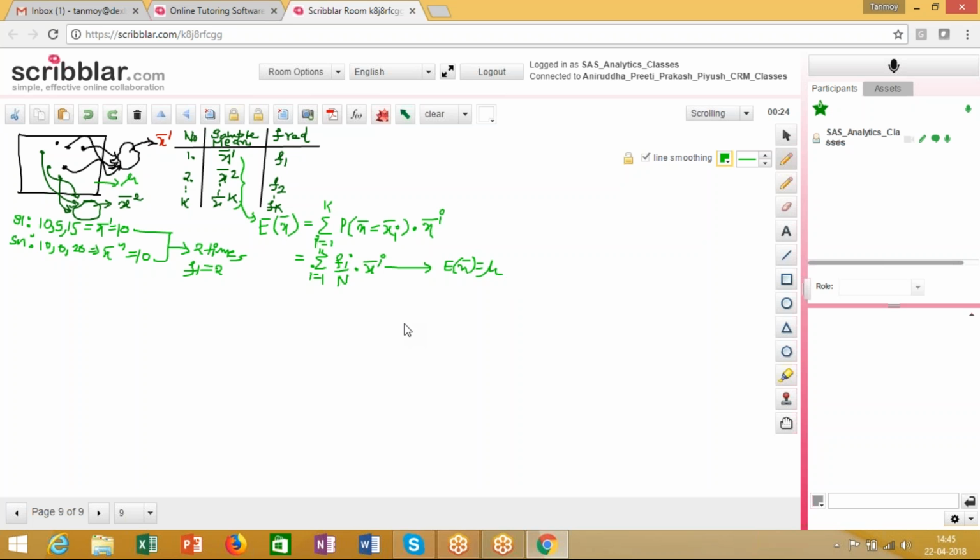So the sample mean is an unbiased estimator for the population mean. And this is the first reason why a sample mean is always used to frame an idea about a population mean. But this relationship between the sample mean and the population mean would only hold if and only if